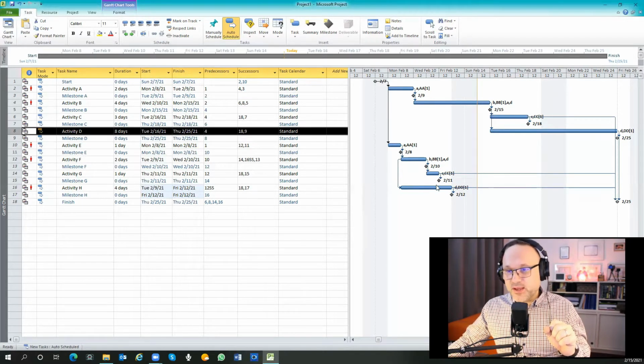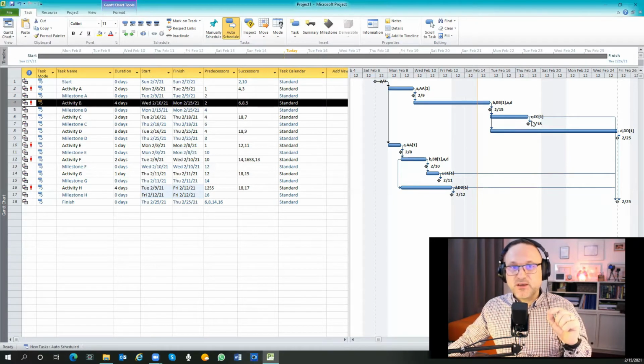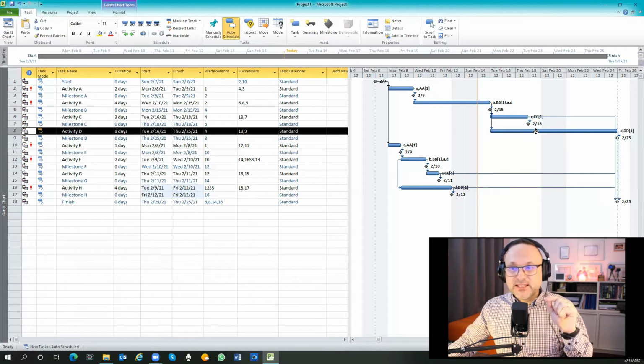Same for this path. You have a floating time, meaning if those activities are delayed, you are not causing a delay of the project. But if activity A or activity B or activity D are delayed, you are facing a